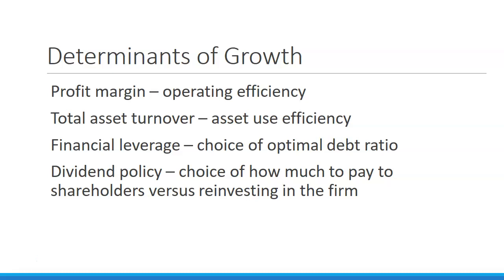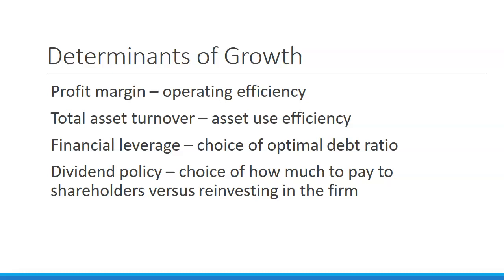We also have our total asset turnover, which is how efficient we are in using our assets to generate a dollar of sales. Our financial leverage is the choice of our optimal debt ratio, the debt to equity ratio, and our dividend policy, how much we decide to pay out to shareholders versus how much we retain to